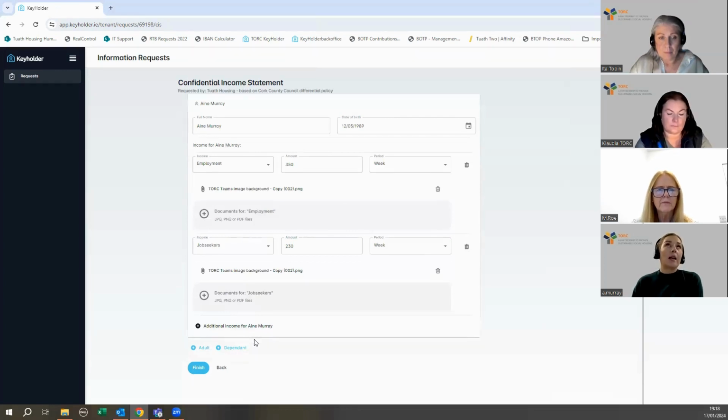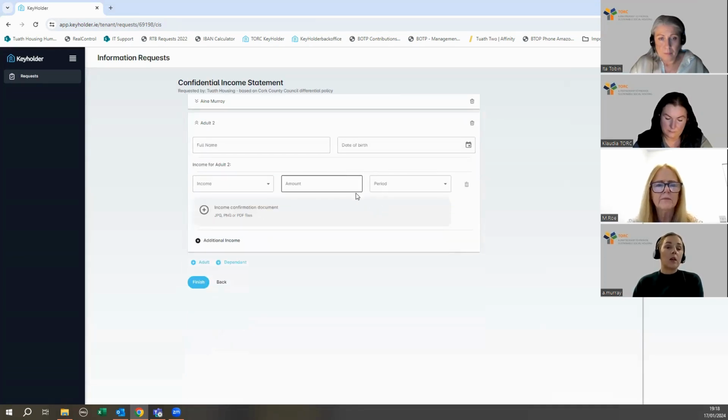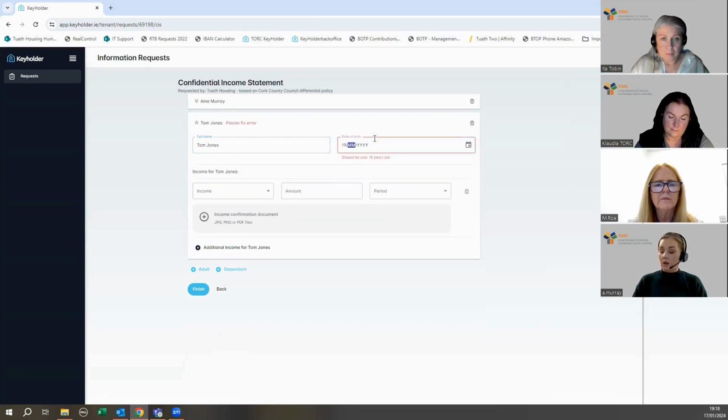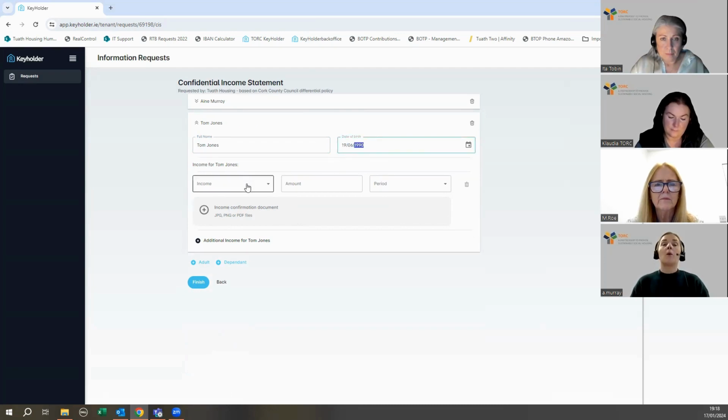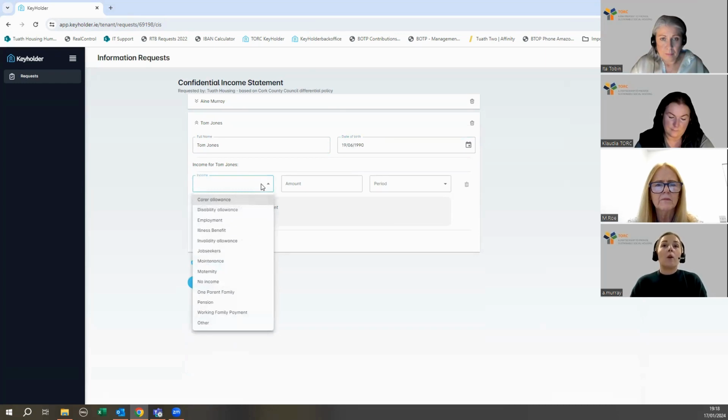It's important to add everybody in the household. So for the purpose of this, we'll say that there's another adult in the household. And to add that, we just go down to the blue button here with the plus sign and the adult. We're going to put in another adult. Okay, but in the date of birth, we can put